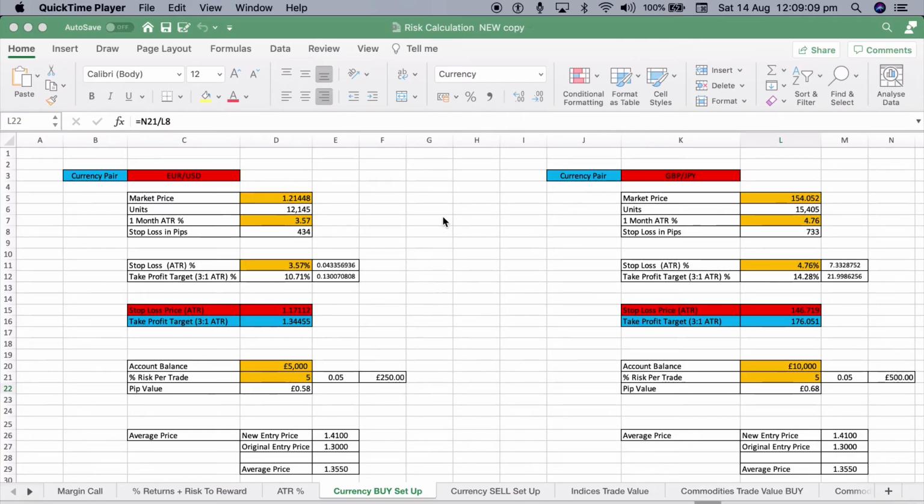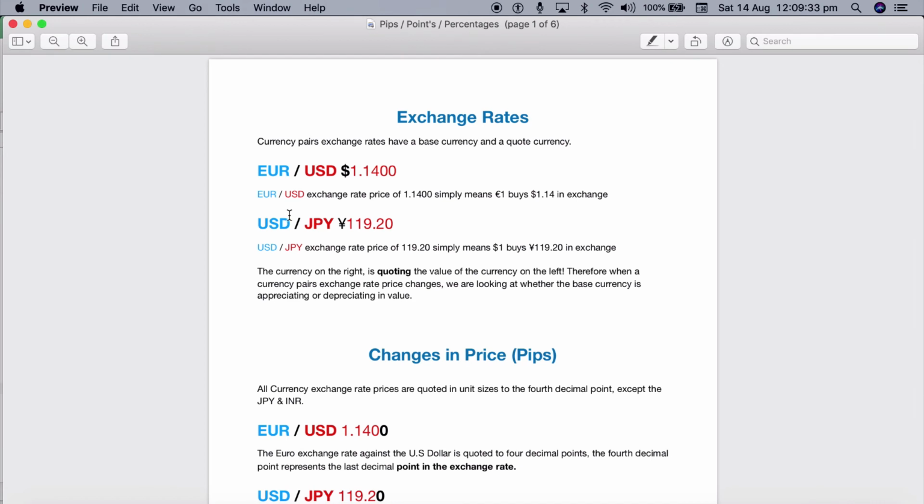Now that you know how to time your fundamental trades into the markets using technical analysis, I'm going to introduce you to some risk management strategies using my advanced spreadsheets to make sure your accounts are always protected when you're taking trades in the markets and you never lose all of your hard-earned money on a given trade. So I'll be teaching you about volatility, so where to place your stop loss, where to place your take profit targets when you're entering trades, and then this will help you when we're understanding exchange rate values by looking at